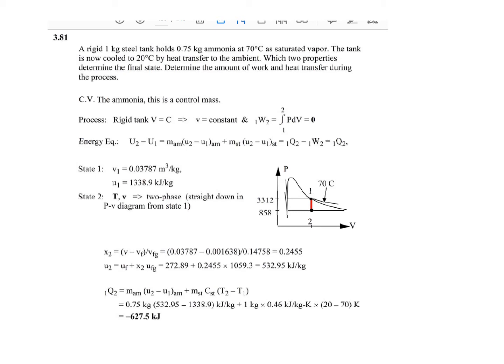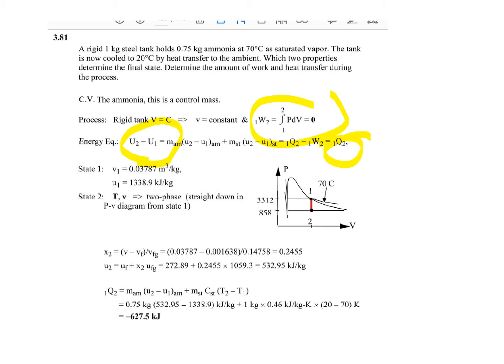So it's rigid, so there will be no work, and all of the energy drawn out of the system will be provided by the internal energy of the gas. So internal energy will be lowering during this process. It's a constant volume process, and the work will be zero, because it's rigid. So only the heat energy drawn out of the system will be responsible for the change in internal energy, as we can see over here.